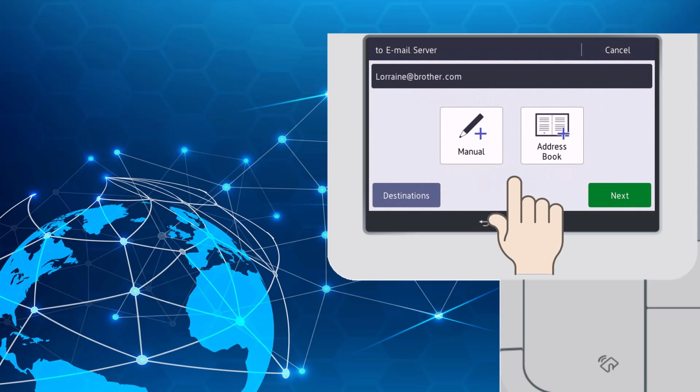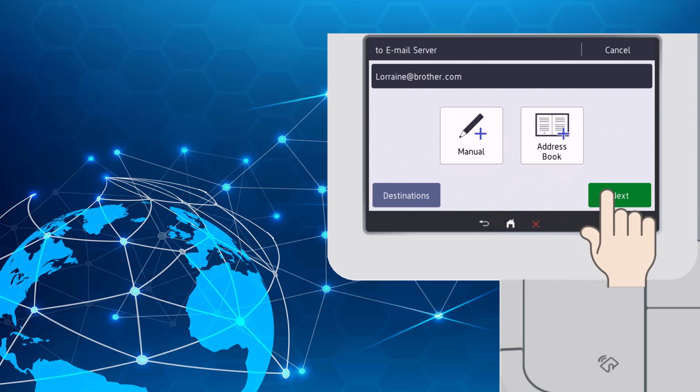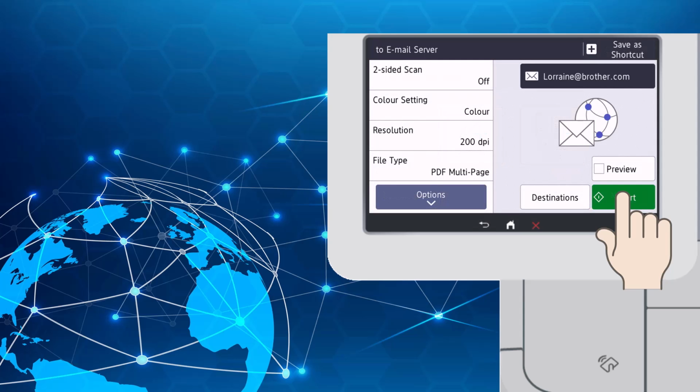The email is now displayed on the screen. Select Next. Select from the options displayed if required. Once changes are completed, select Start.